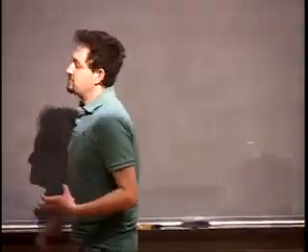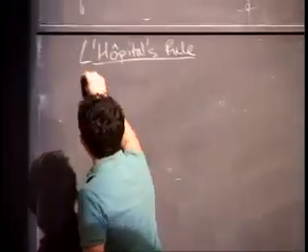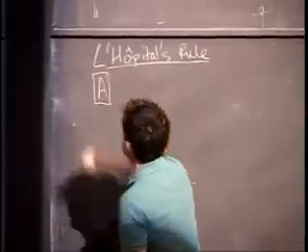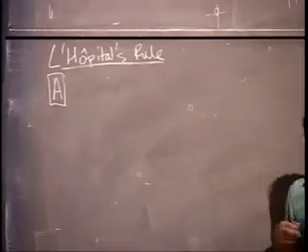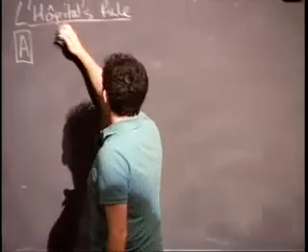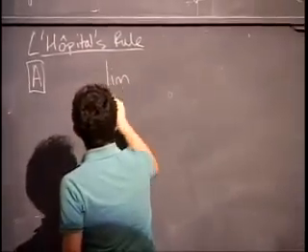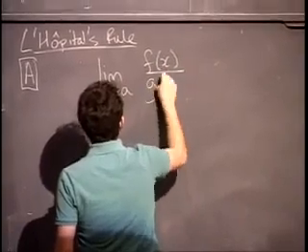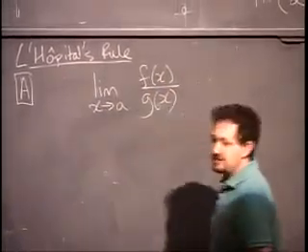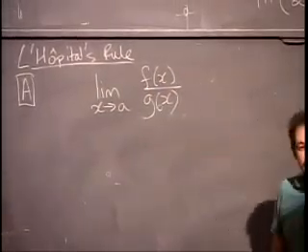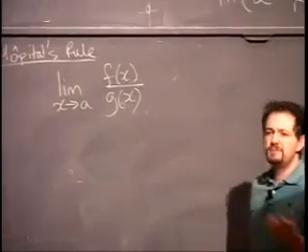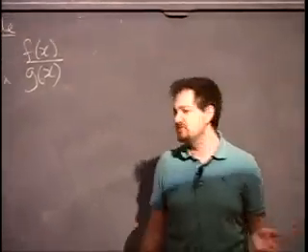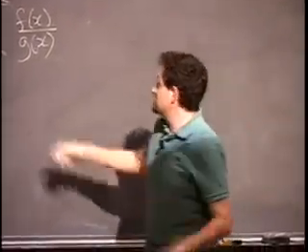And in its purest form, which I'm going to call type A, I'm going to identify certain different types. These are my names, by the way. I haven't seen another book. I just call it type A because I want to call it something. So the classic sort of thing is you have a limit that looks like this. Limit x goes to A, f of x over g of x. A lot of the time, you have limits in these ratios. In fact, every derivative is a ratio. Remember, f of x plus h minus f of x over h,